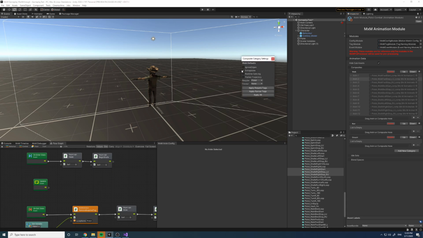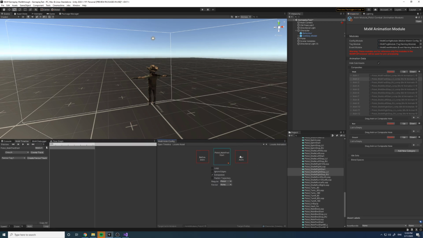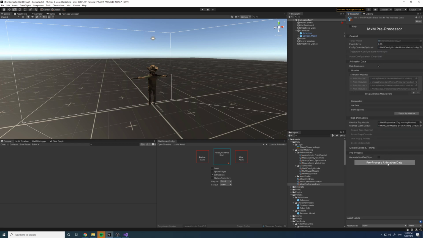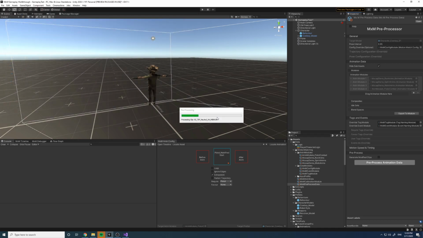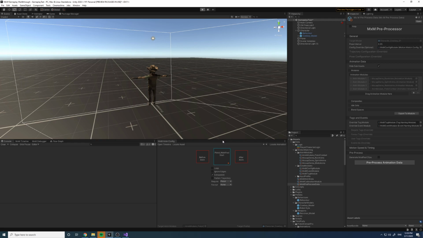Now these settings extrapolate, that's pretty good. We do want to extrapolate. We probably are going to have to use these after anims, but let's just pre-process this and see if it does anything good. It's probably going to be a bit stuttery is my prediction. So we'll go to pre-process data and we'll pre-process override. Okay, so we should be able to have starts and stops to a degree, if not with a little bit